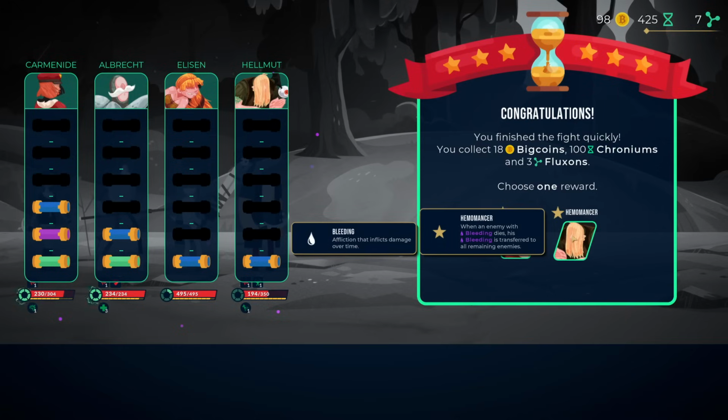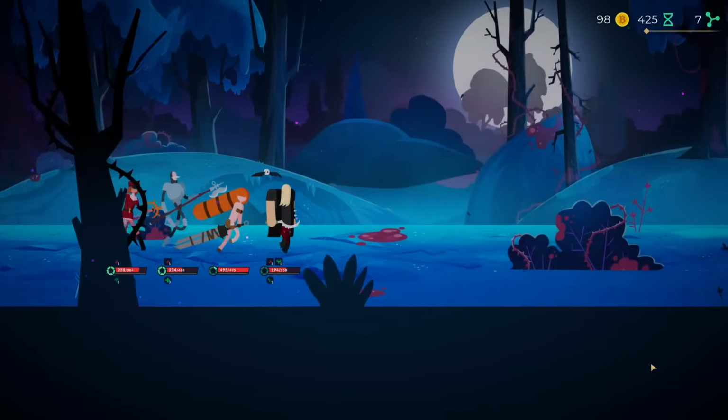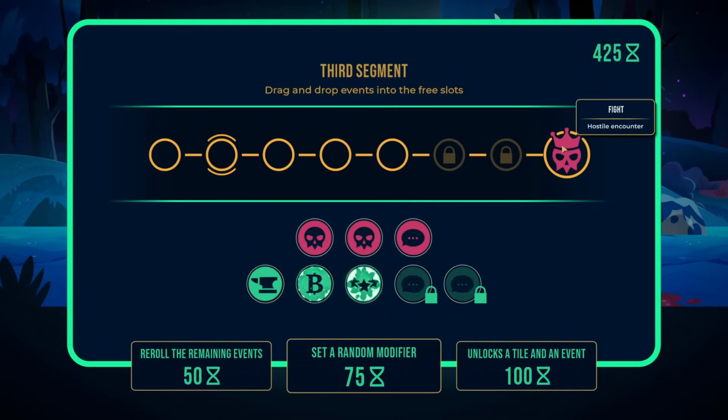We either get first attack applies poison, or when a bleeding enemy dies. I guess we'll just take the poison. Sorry, I thought this was a click and drag. Such is life. Oh, and then there's a final boss. I'm gonna end it here because I don't want this video to be too long. But yeah,